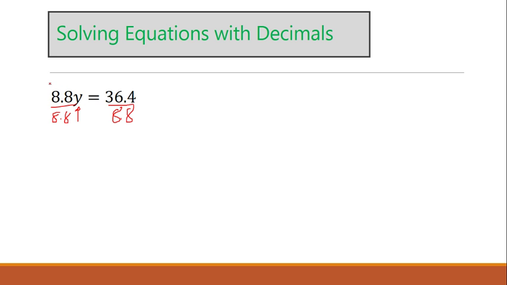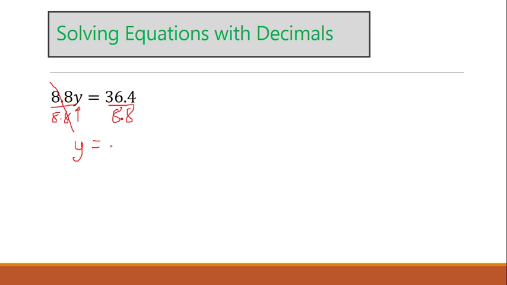Okay, so on this side, the 8.8s cancel out, leaving you just y. And then y is equal to 36.4 divided by 8.8. And yes, you could work that out longhand, or you can go on your calculator and work that out. And if you do that, you get that 36.4 divided by 8.8 is equal to, do it real quick here, is equal to